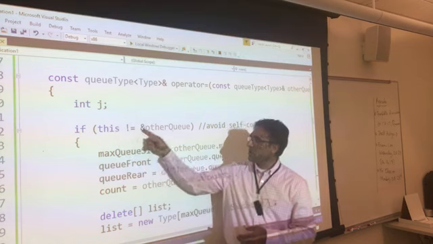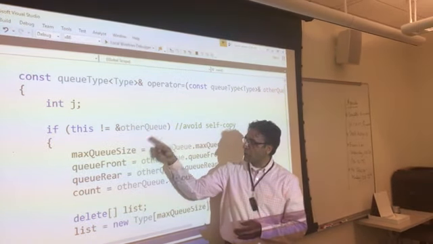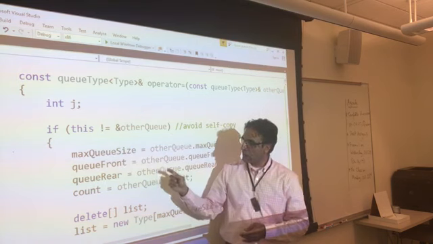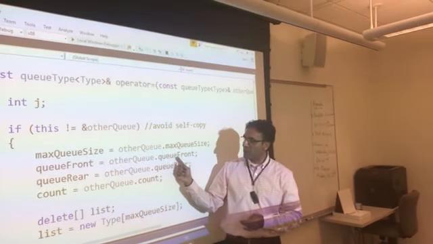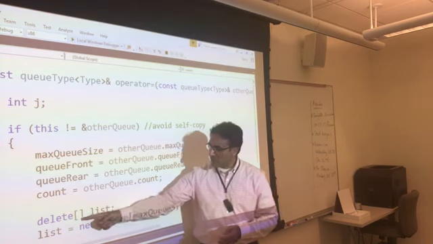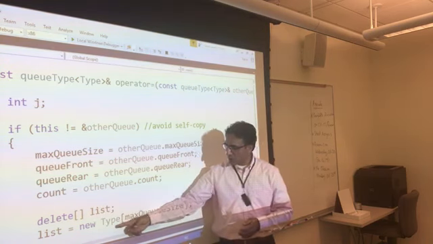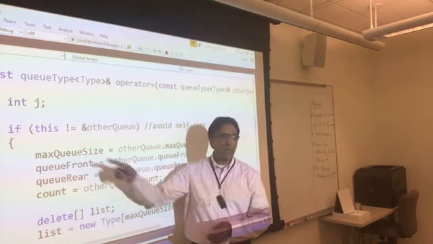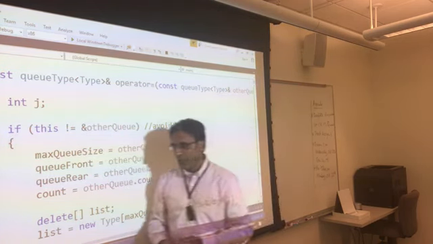So if this is not equal to other q, then take the maximum size of the other q, put it in the local maximum size, and do the same thing with the front, rear, and count. And delete the local list, and create a brand new list for the new maximum size, whatever the new maximum size is. And once that's done,